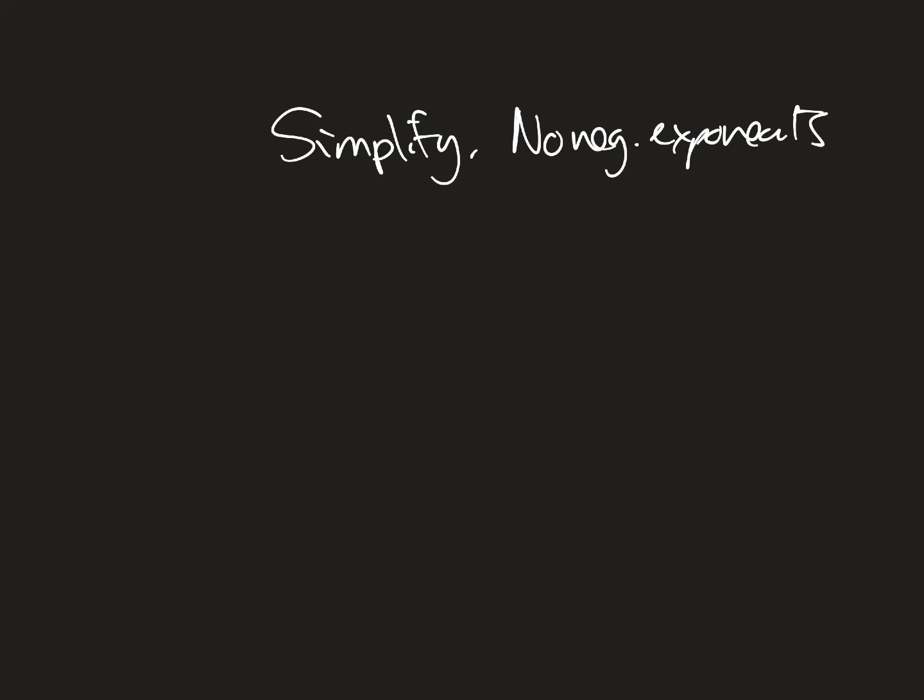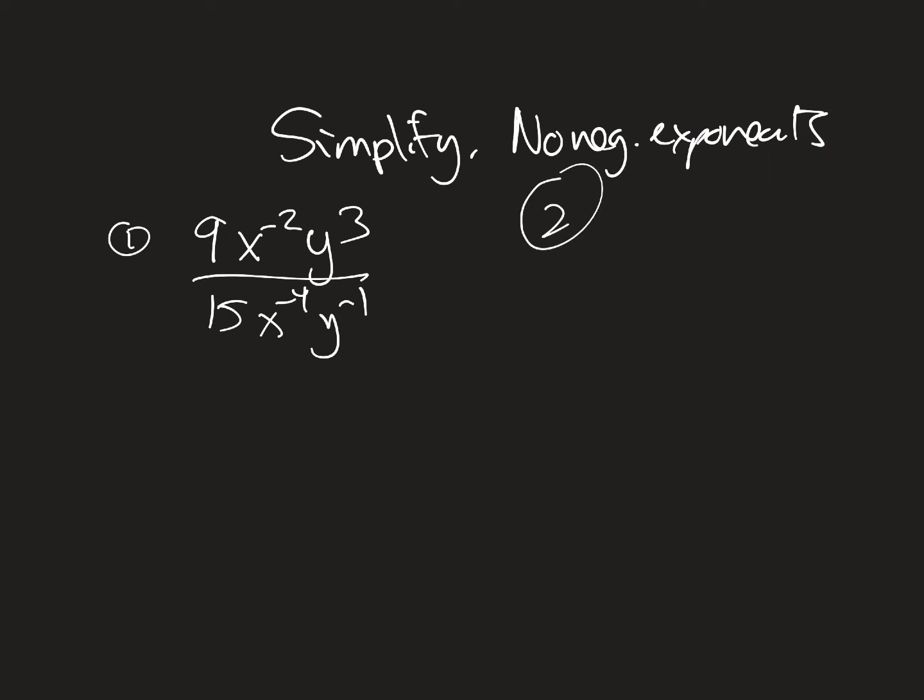Okay, so I'm going to put down 2 types of problems. If we have 9x to the -2, y to the 3rd, divided by 15x to the -4, y to the -1. And then the second problem would be,